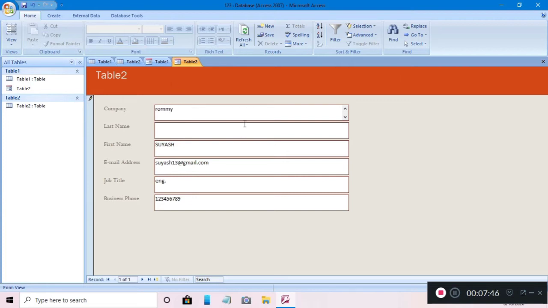And for saving it, go back to the table name, and again you will find the first option, save, and save it. So this way we have created a form from the form tool, and from the wizard tool, and we learned how to navigate the record.